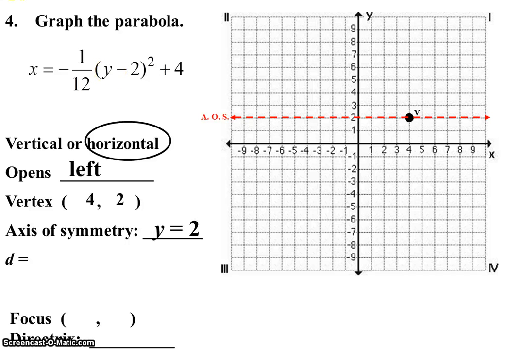Now go out, and we need to find the focus distance and the directrix line distance. So we're going to do 1 over 4 times a. A is negative 4/12. What's negative 4/12 if you multiplied 4 times negative 1/12? Negative 1/3, right? So what's 1 divided by -1/3? We don't want to divide by a fraction. Multiply by its reciprocal. You get 3. Go a distance of 3 inside from that because it's opening